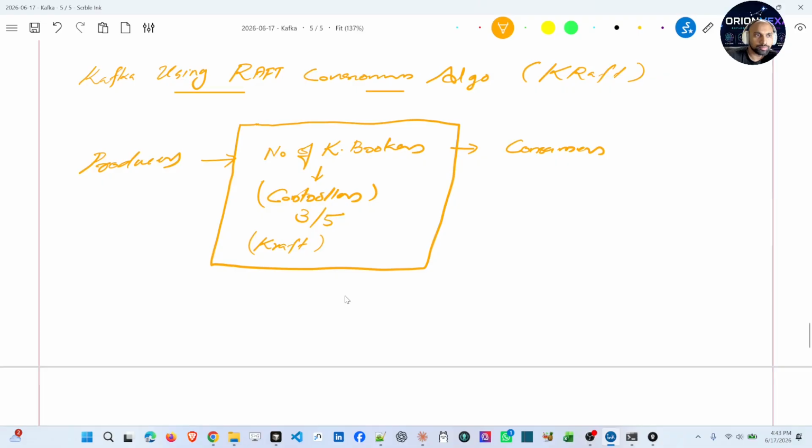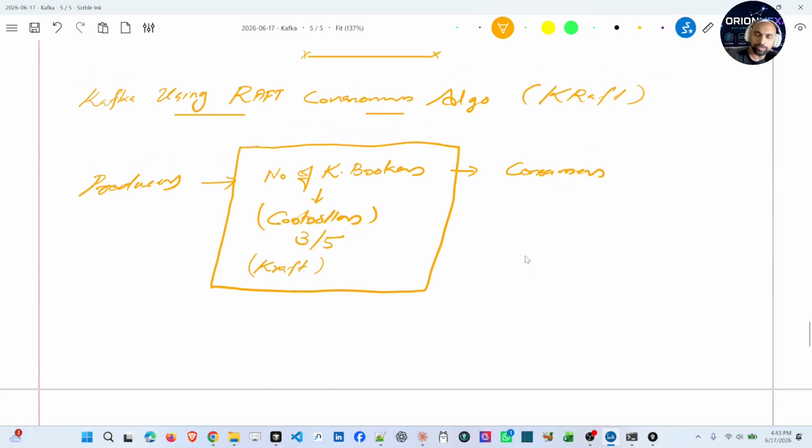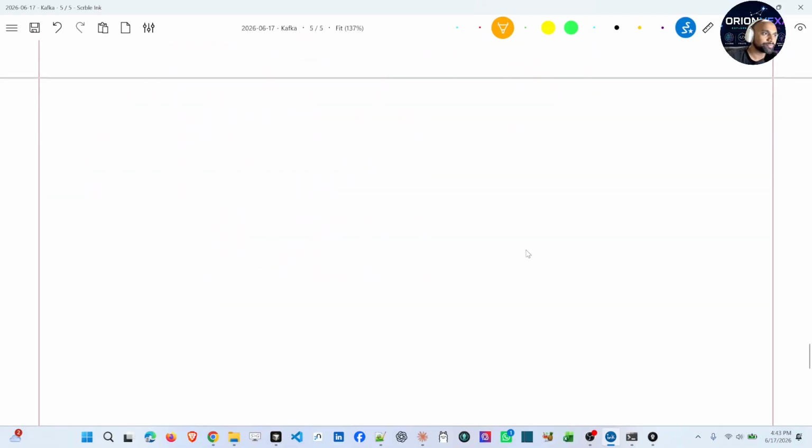Whenever there is a Zookeeper, the failover latency will be 100 to 200 milliseconds.